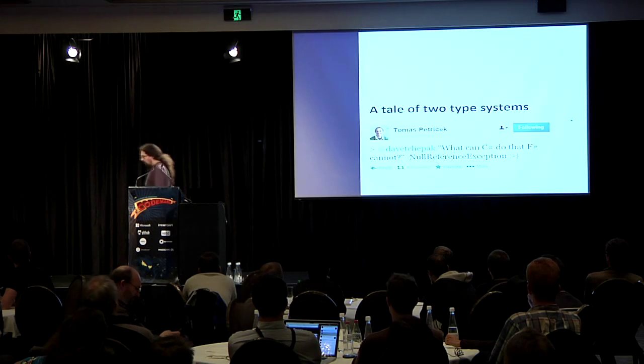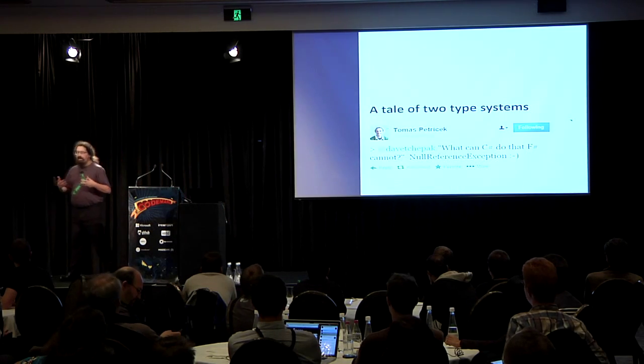So I want to kick off with a demonstration of the difference between two type systems. In this case, I'm going to use the C# language, which is similar to Java, for those of you who are not familiar with it, and the F# language, which is an open source functional language from Microsoft. It's got some similarities to Haskell, and in fact, if you were here for Katie's talk, you're going to see a lot of similarities between what I'm about to show you now and the Haskell type system.